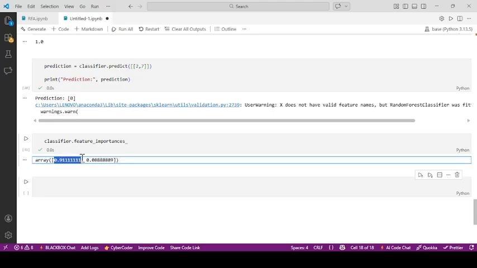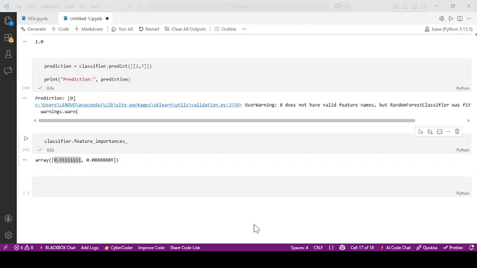This is the contribution to the result by study hours, and next is sleep hours. Which feature is more important? For our data set, since the value is higher for hours of study, it is giving more